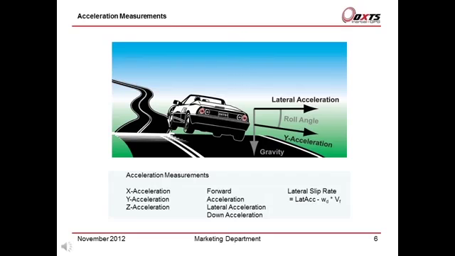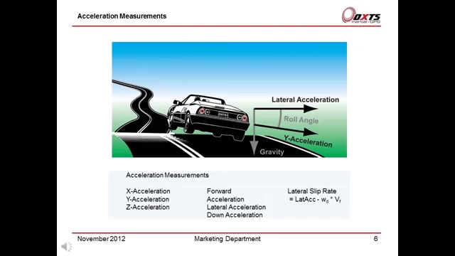Now we shall look at the acceleration measurements. The RT measures the X, Y and Z acceleration, also the forward, lateral, down and lateral slip rate. The RT accelerometers measure in the X, Y, Z directions of the vehicle. When the vehicle has some roll angle, then the Y acceleration has some component of gravity in it. The RT knows the roll and pitch angles very accurately,